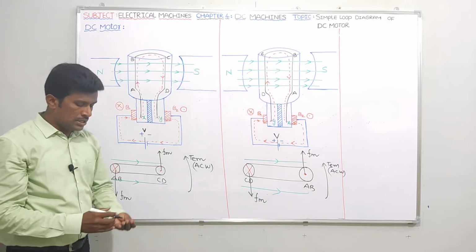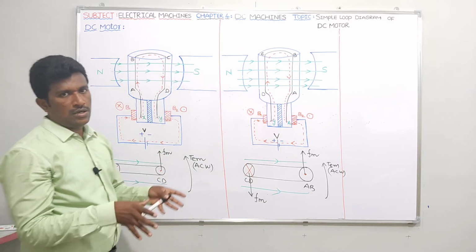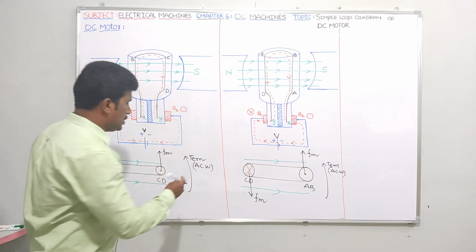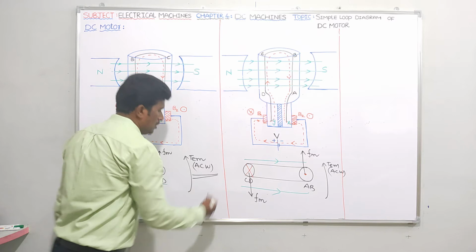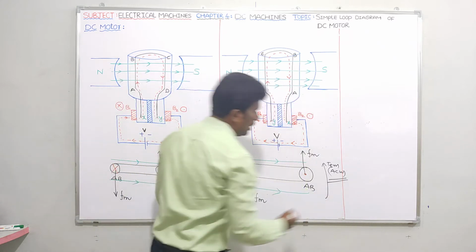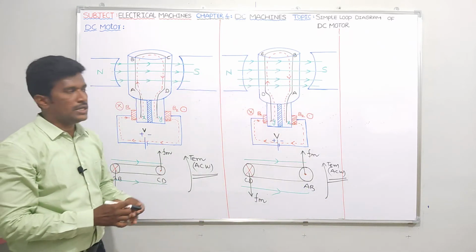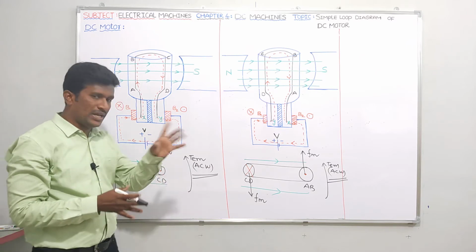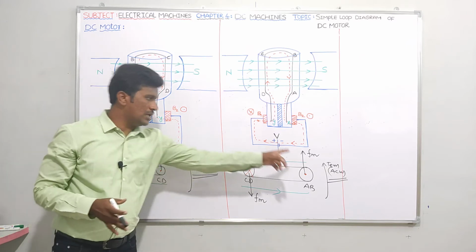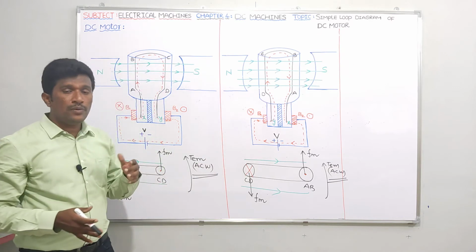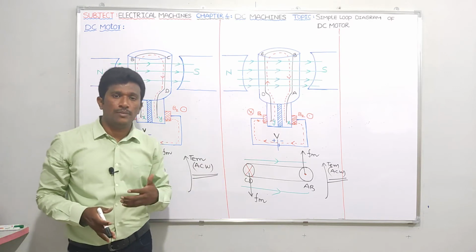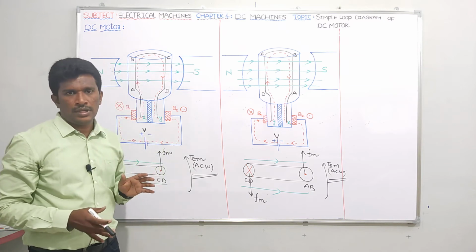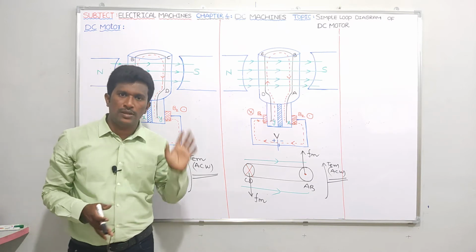So now tell me guys, which type of torque do we get in a DC motor? Initially it is the anti-clockwise direction. Now also it is an anti-clockwise direction. Means torque produced in a DC motor is unidirectional, means in only one direction. Here it is anti-clockwise. There also anti-clockwise. So definitely, because of motor action in a DC motor, we need unidirectional torque only. Torque should be produced in one direction only.